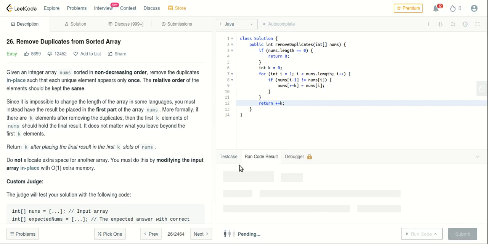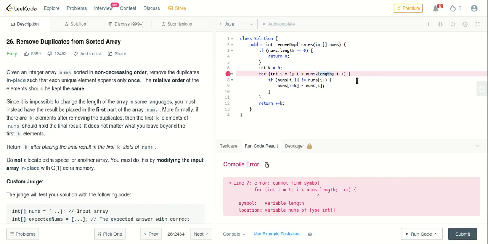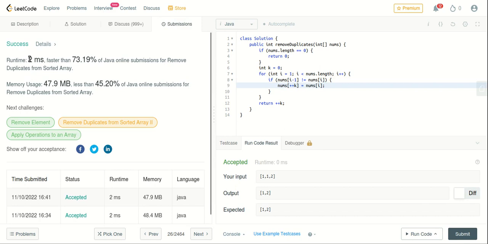Okay, let's try to run it. Okay, what's the problem here? Start length. Okay, so this is actually, let's try to submit it. Okay, so we are able to run it in 2 milliseconds, which is faster than 73%